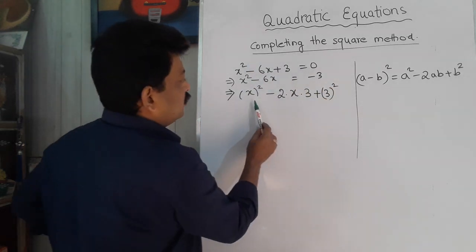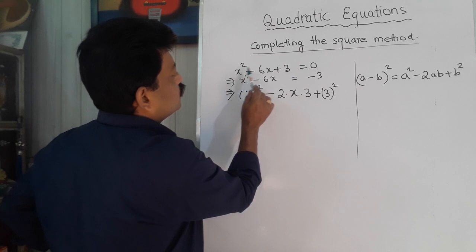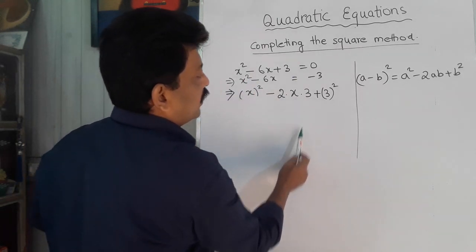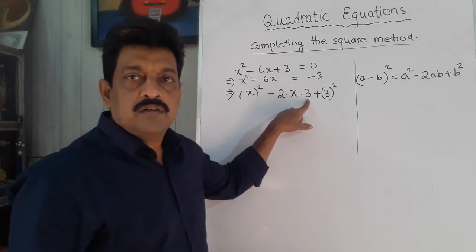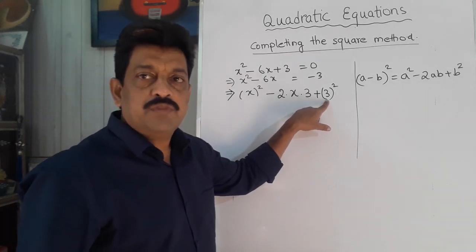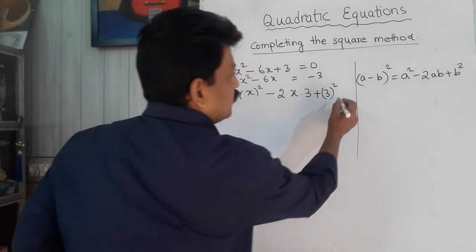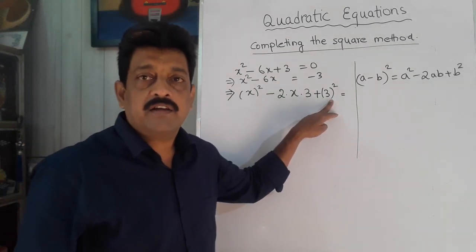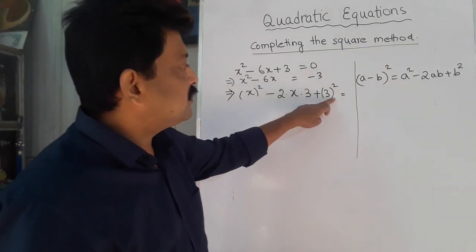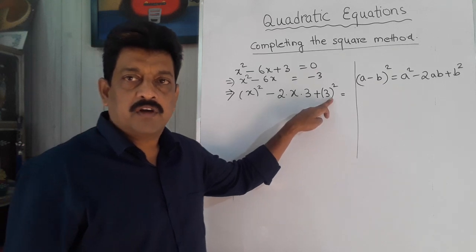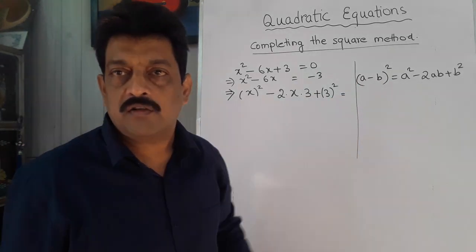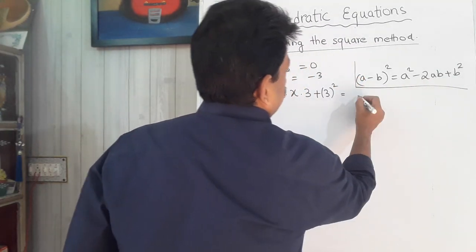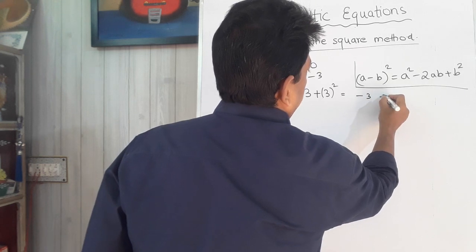Okay. So now here you can see that these two terms, x square minus 6x, are written in the form of a square minus 2ab, and since we have considered 3 as b, that is why it is b square, meaning 3 square. But you can see that 3 square was not there in the left hand side. It has been added extra. So since 3 square is added to the left hand side, it should be added to the right hand side also to keep the value the same. So here it was minus 3 and 3 square.